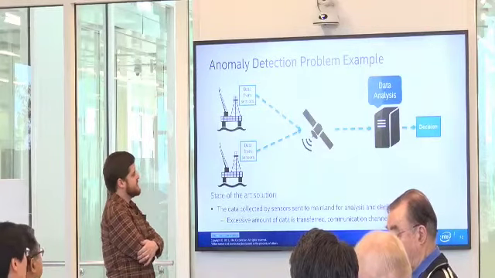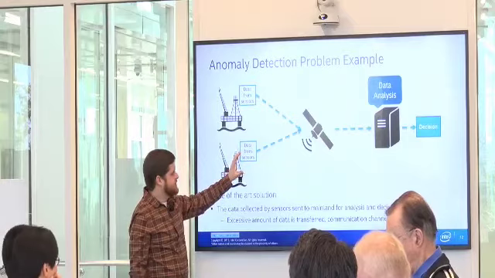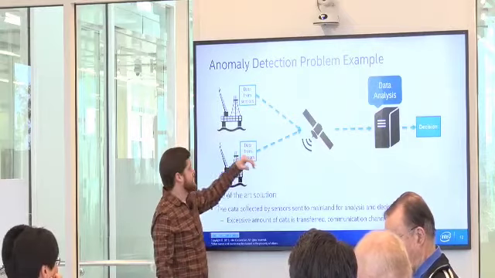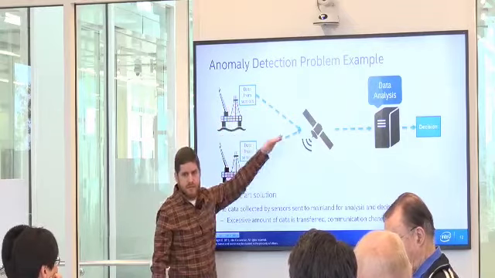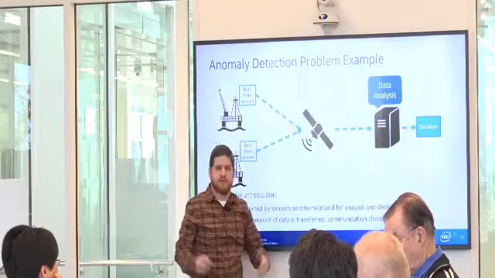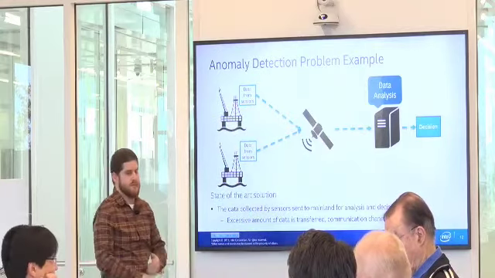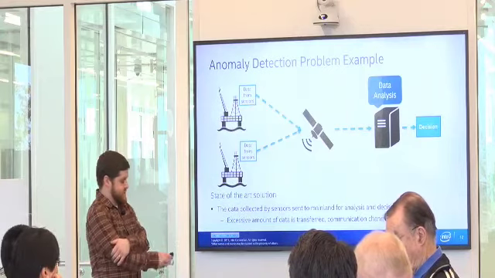Currently what the company was doing was grabbing a bunch of data and dumping it all at once, and then grabbing a bunch of data, dumping it all at once. And back home, they would wait for all the data to arrive and then start trying to build some models for some sort of predictions.